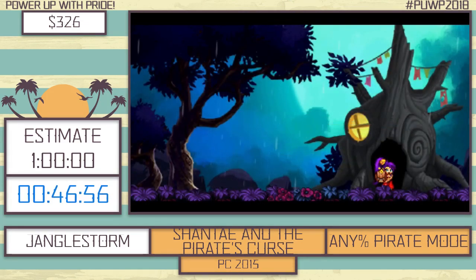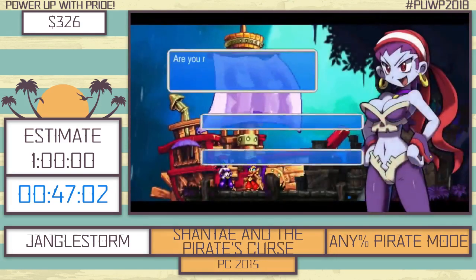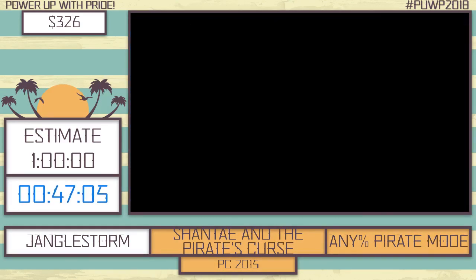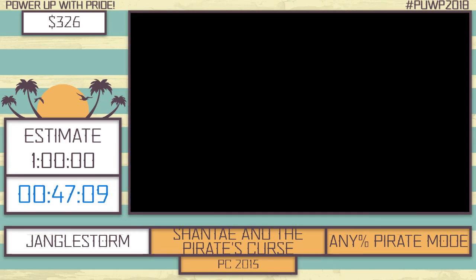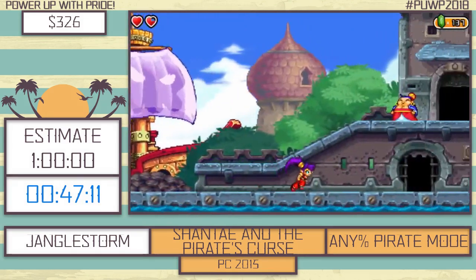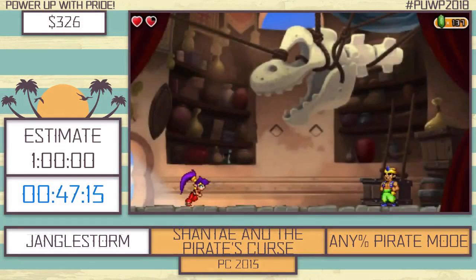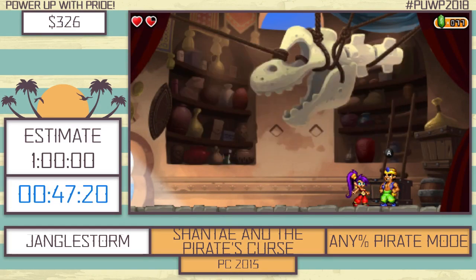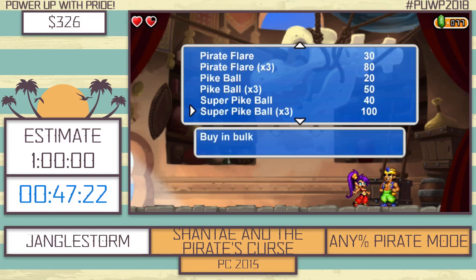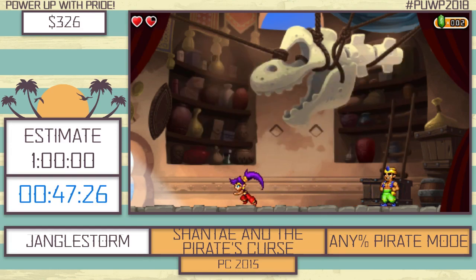So, normally speaking, in the traditional shopping route, I would have been out of pirate flares, but since I get one for returning the death mask, I will be able to make it out of here very quickly anyway. Okay, oh yeah, I have to do a shopping round. I have to buy 2 more pirate flares that I will be using. And I do have enough for another super monster milk. That's really cool, because I will be needing that